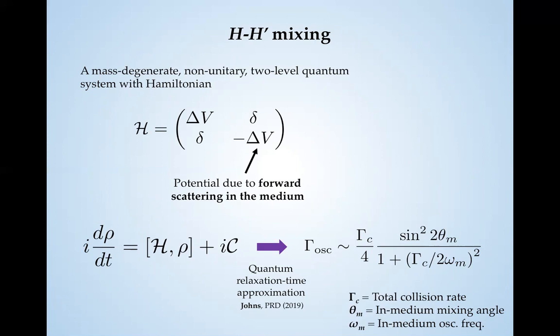This gamma os in particular is the mixing equilibration timescale. It's been used for many years in studies of sterile neutrino dark matter. But in fact, it's a rather general result from mixing, and it follows almost immediately from applying a certain kind of relaxation time ansatz to the quantum kinetic equation.